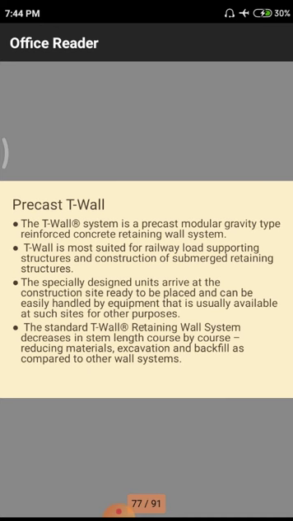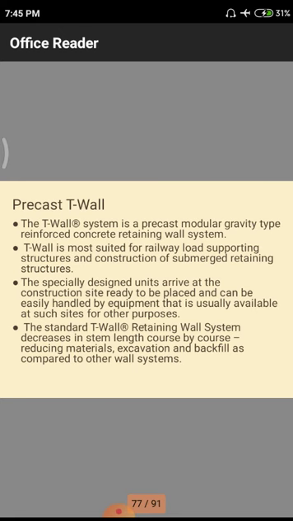Why? Because if we need to construct an RC structure, we have to go for scaffolding work. After that, we go for reinforcement arrangement. After that, we go for concrete placing, curing, and in the final stage, we have to remove the total scaffolding and give floor finishes. This is a total time-taking process. But here, we get all those materials from the industry and assemble them in the site itself, so it is less time-taking.